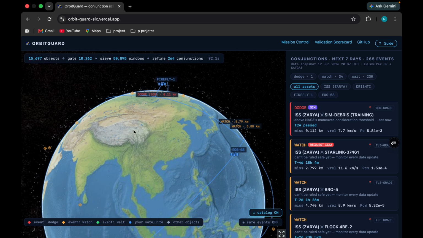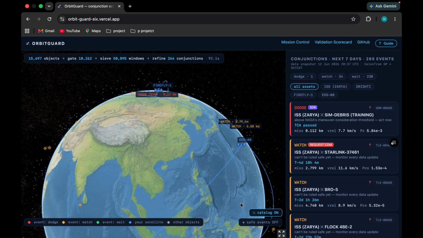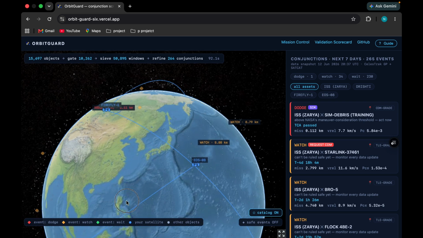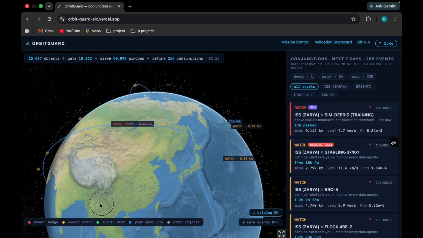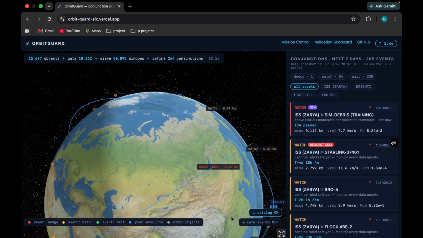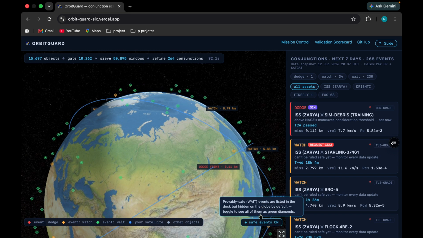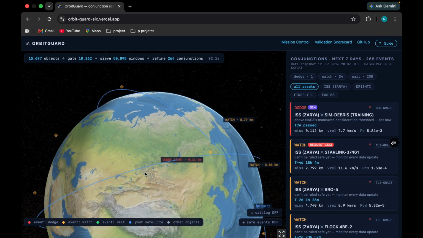So this is the mission control page. Every object you see here is a real object moving on live public tracking data. The blue ones with the orbit lines are our satellites. Watch the funnel at the top.